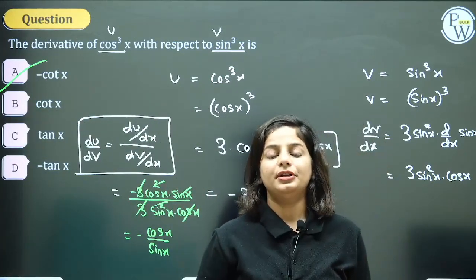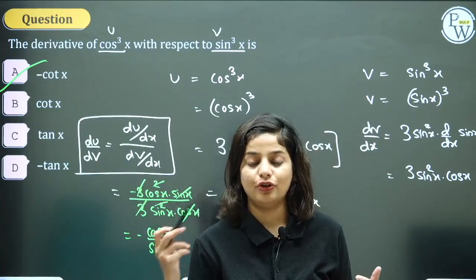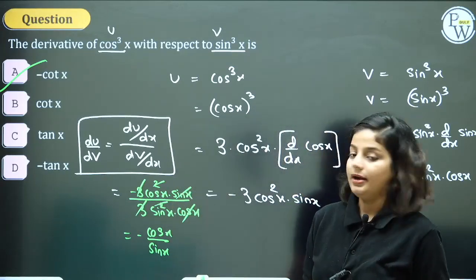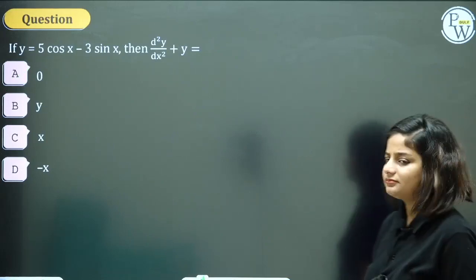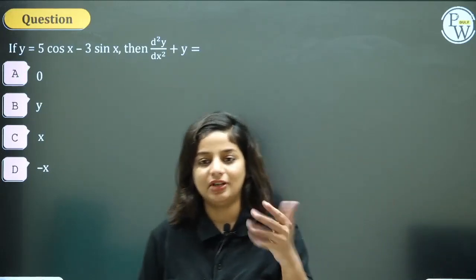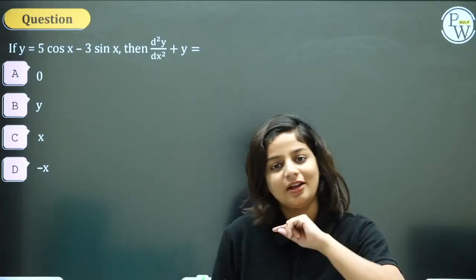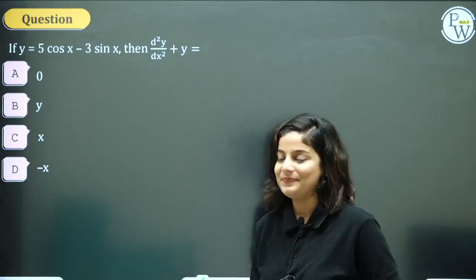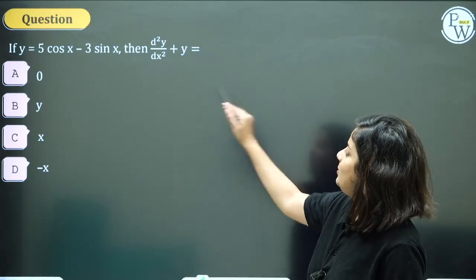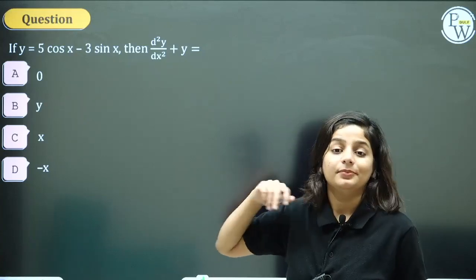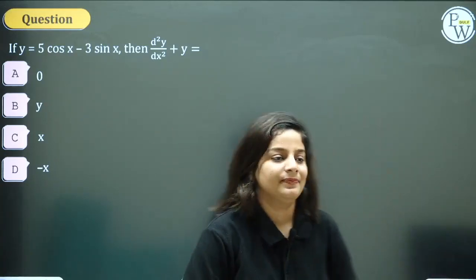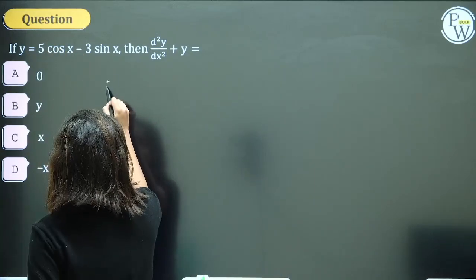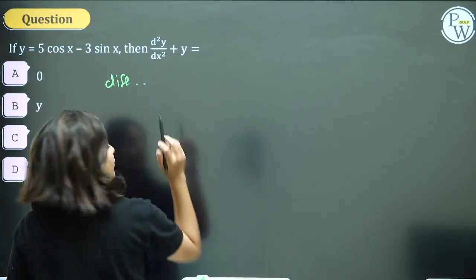So we tried covering questions on composite, inverse trigonometric, logarithmic, parametric, everything. Composite also we did. Implicit also. One double derivative was left. Let's do it. Y is given, what will be d2y by dx square plus y. That means find the double derivative, add it with y and get the answer. If one time you know how to differentiate, you all know how to differentiate it 2 times.